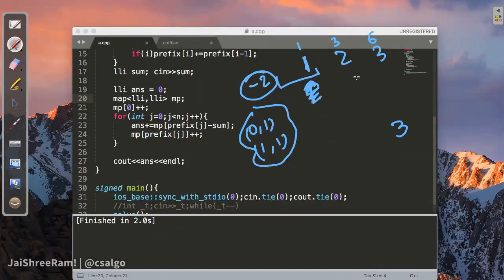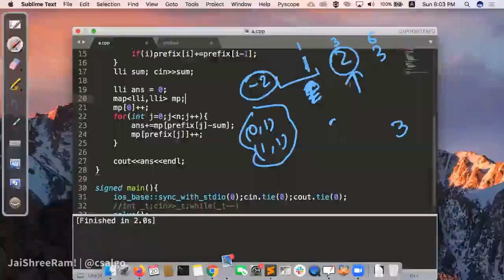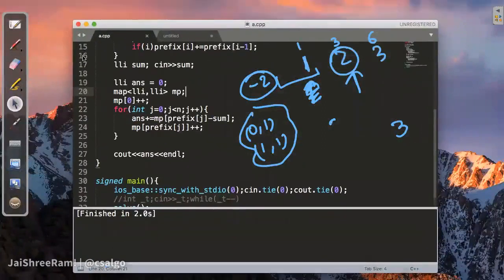Then you move this pointer one step ahead, and you now search for 2. Okay. So for 2, it's the prefix of j minus sum. Is there a mistake in the expression? No. Let's come back to this.